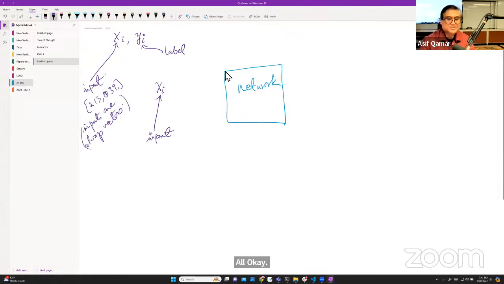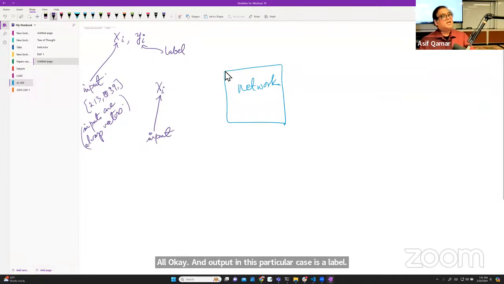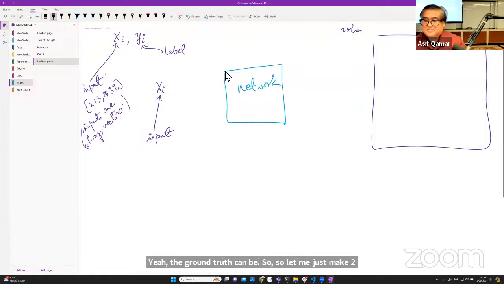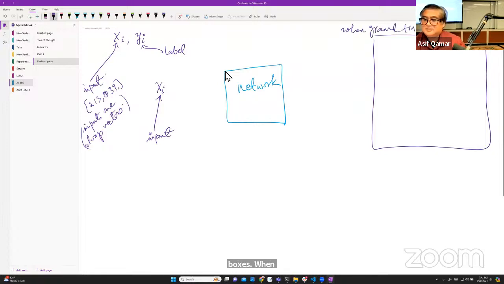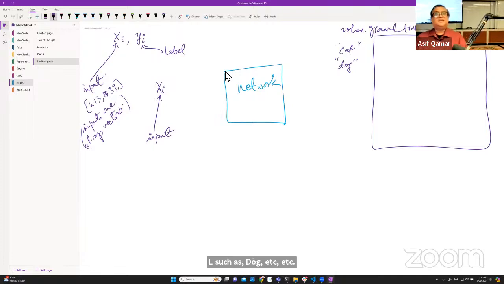And output in this particular case is a label. When the ground truth is a label and not a number, let me just make two boxes. When the ground truth or label is a label such as cat, dog, etc. It's a label or a type. In other words, it takes one of a finite set of values, i.e., more formally,